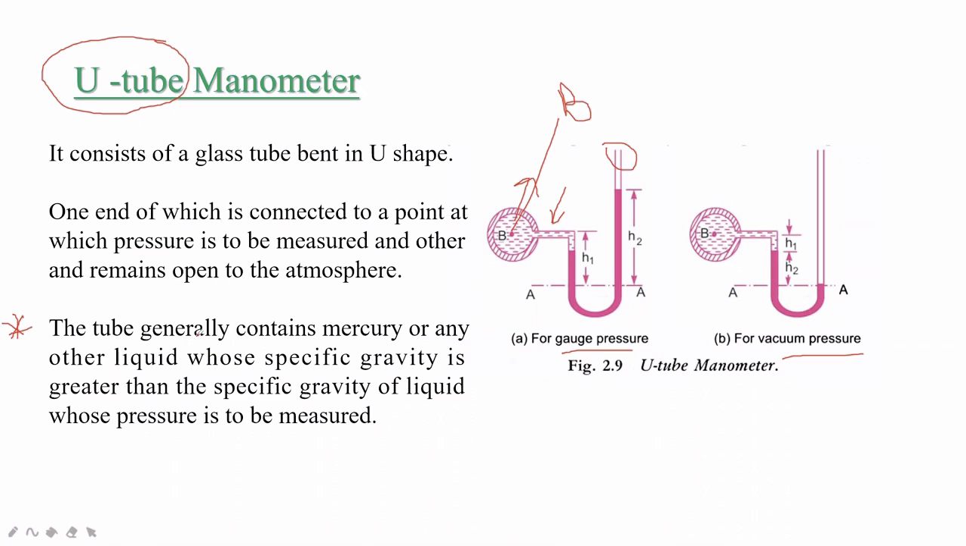What is that? The tube generally, this tube, which is dark pink, generally contains mercury. If not mercury, it should have a liquid whose specific gravity is greater than the specific gravity of the liquid whose pressure is to be measured. If there is water in the system, then whatever the specific gravity of water,